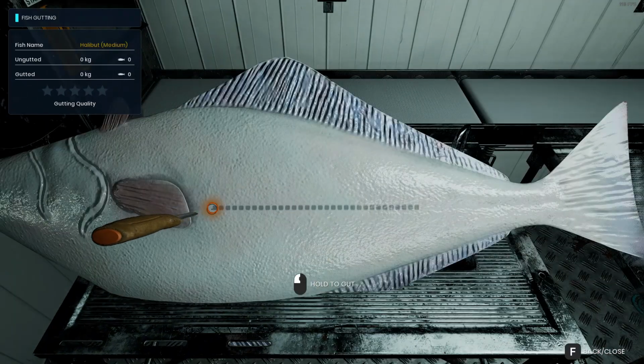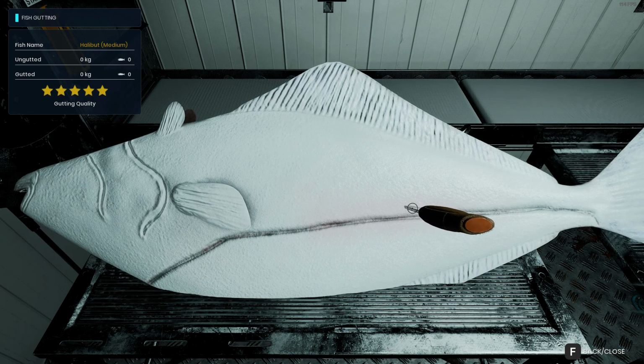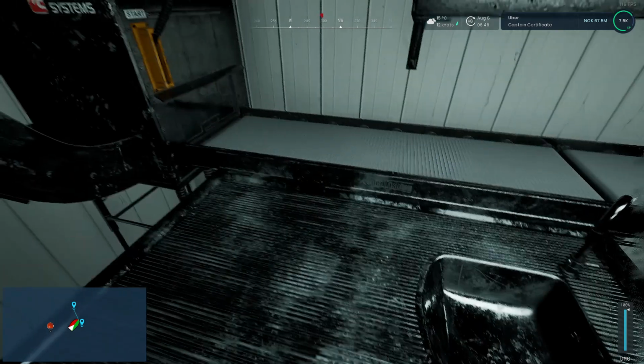So we just place where it initially says hold to gut, and what we're going to do is release it the moment it says release to stop gutting. So just keep going, release, and there you go, 5 stars. So that's the better way to gut. Okay,